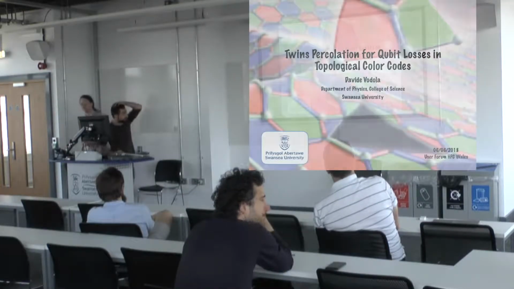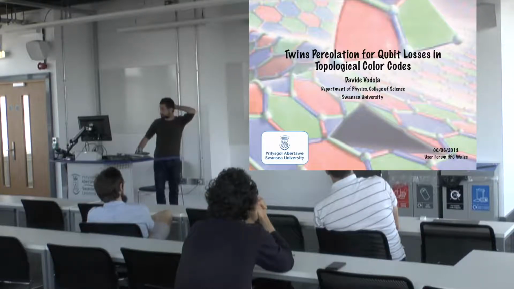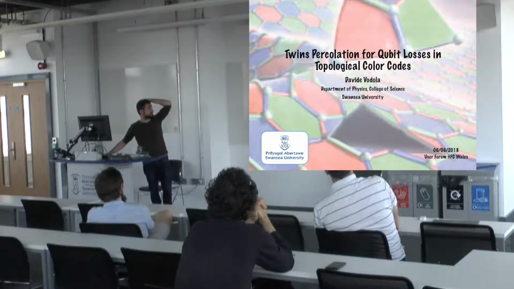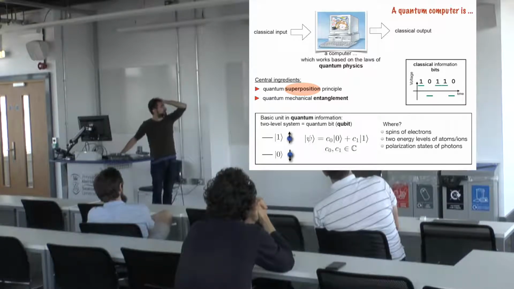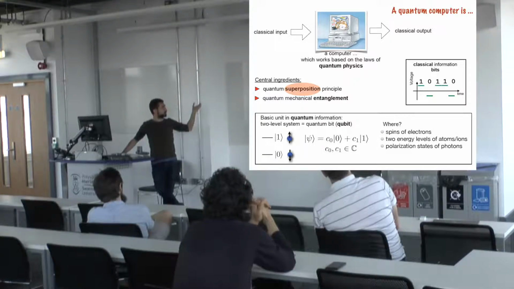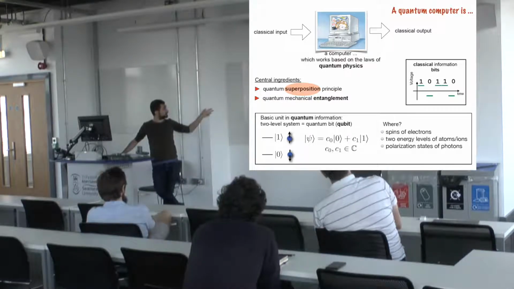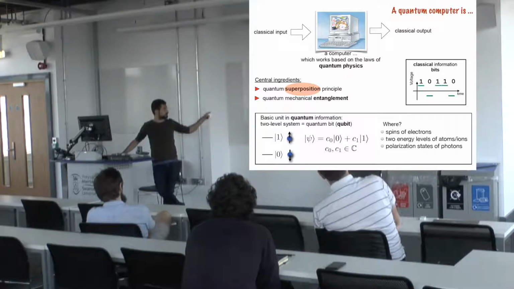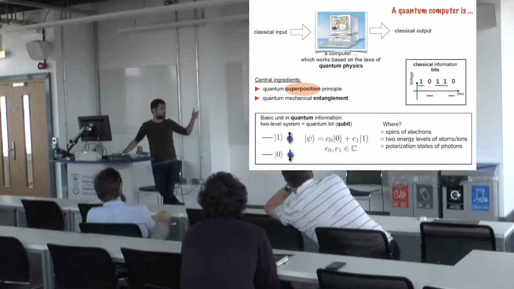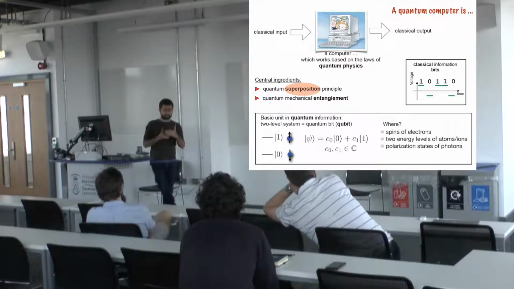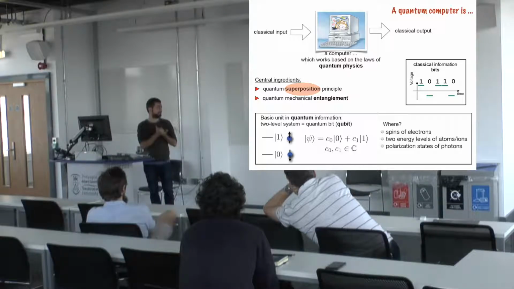Okay. So I want just to talk about these losses in topological color codes, and these topological color codes can be used as memories for quantum computers. A quantum computer is a device that works based on the laws of quantum mechanics. It's able to outperform a classical computer because the basic unit of quantum information is the qubit, the quantum bit, that is represented by a kind of superposition of two states. In nature or in labs, these qubits can be realized, for example, in spins of electrons, or they can be the two energy levels of ions or atoms, or they can be the two